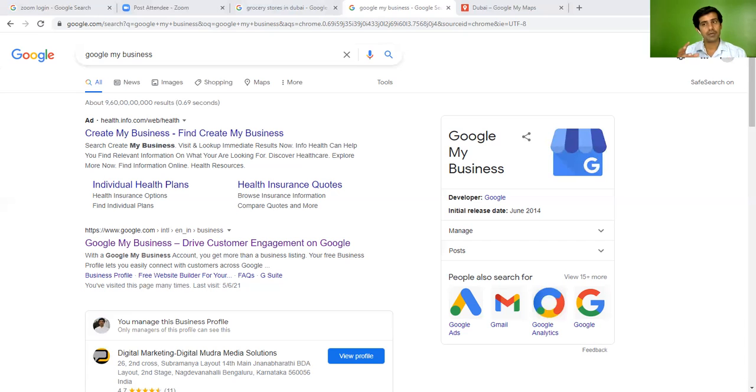Google will identify these reviews, and those who have more reviews, their searches will automatically be pushed upwards. So it is always preferred that you get more reviews from the customers to be able to showcase your business further. Now, product photos you can add, the logo you can add, and the cover. So the way it is appearing on that.